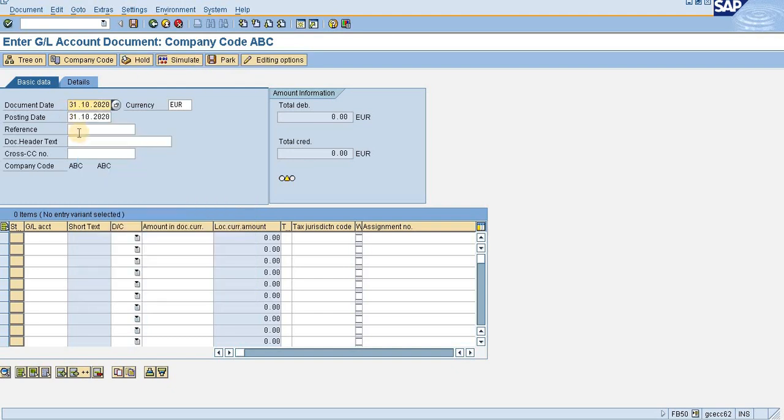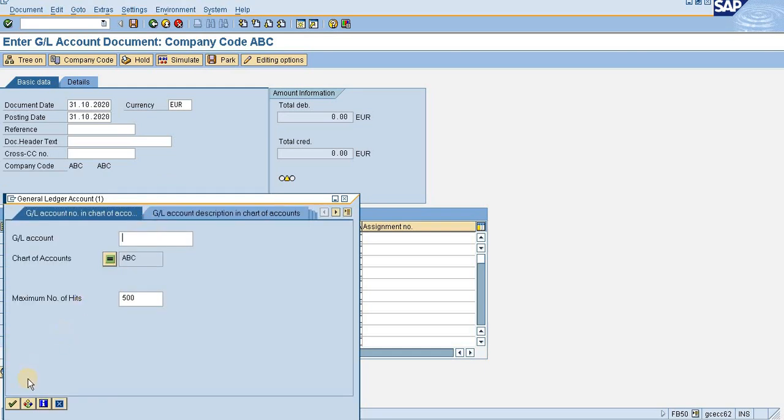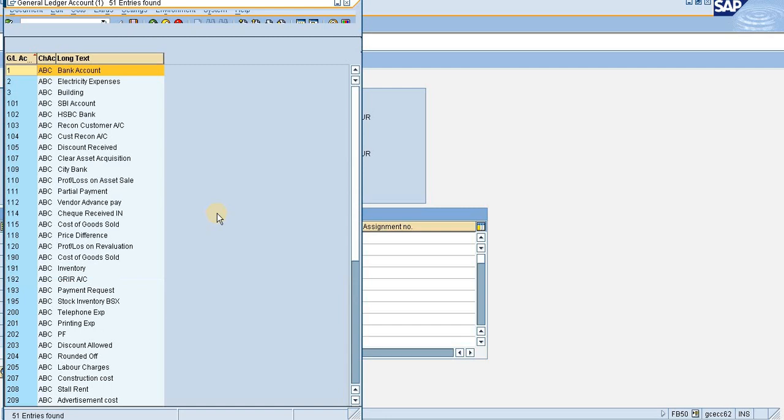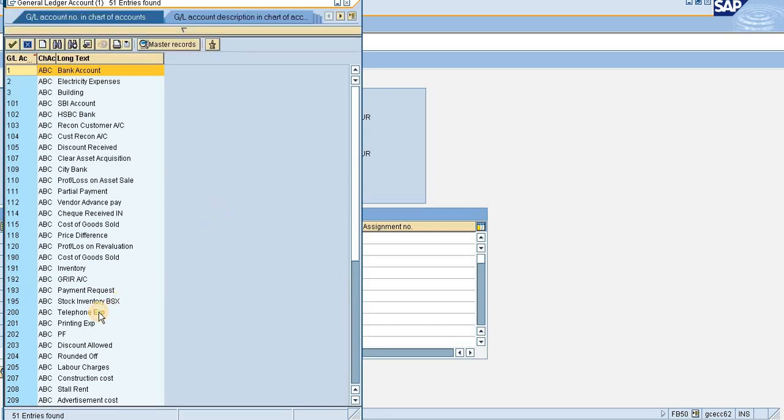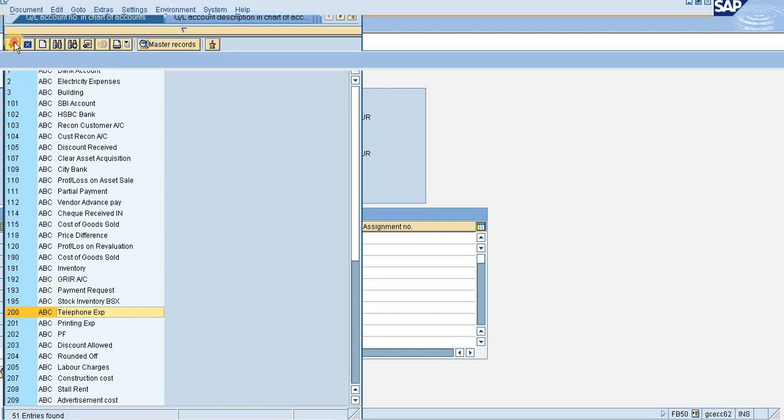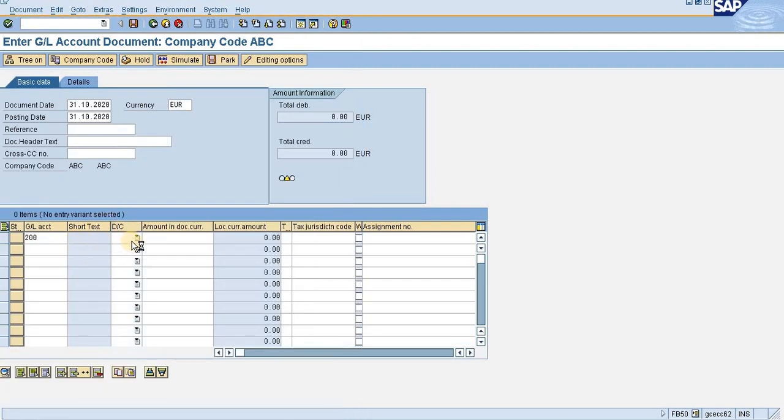Doing the same, putting the document date, posting date, company code is already given. Now going to the GL account, telephone expenses, picking up the telephone expenses. Yes, telephone expenses has been picked up.